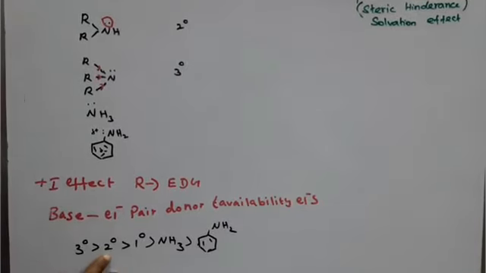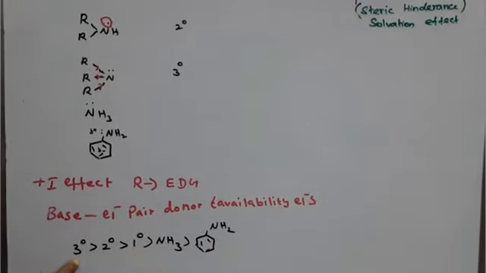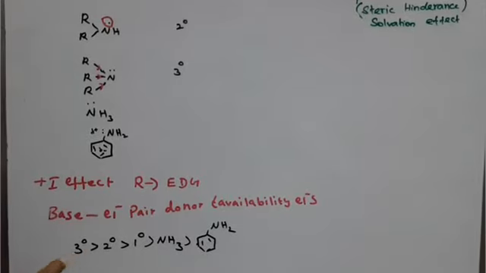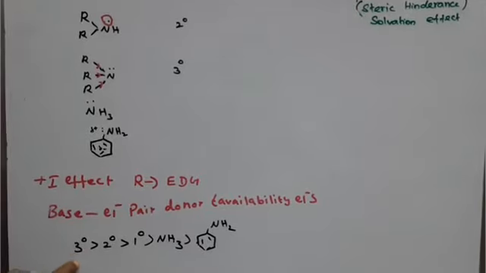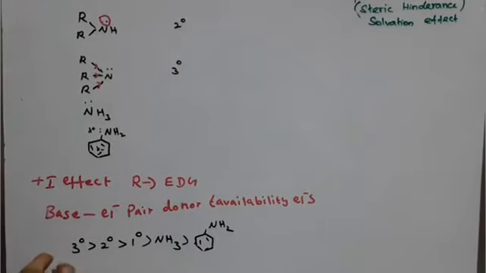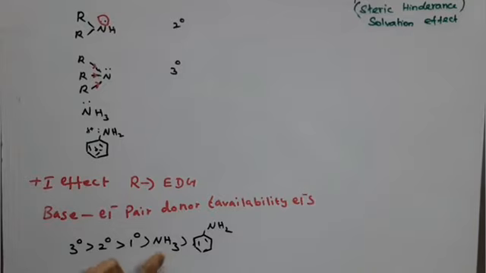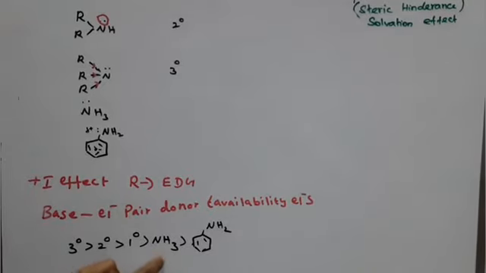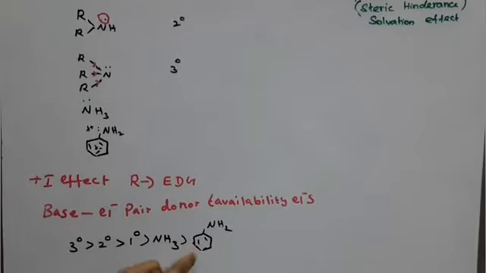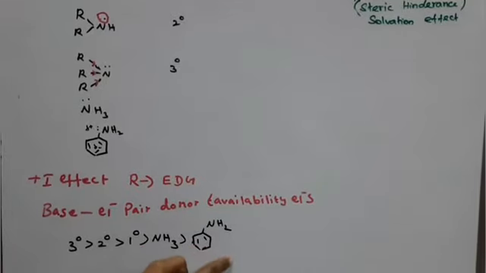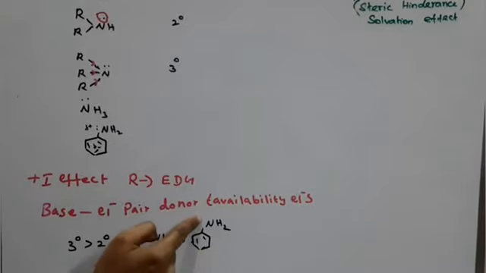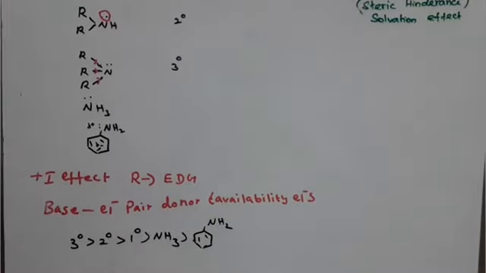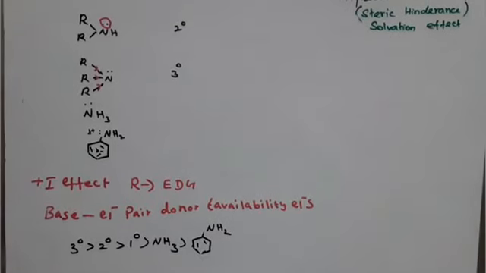Among the alkyl amines, which one has the maximum base character? Tertiary amine, then secondary amine, after that primary amine. Why is tertiary maximum? Because three alkyl groups increase the electron density on nitrogen, and maximum availability of electrons decides the maximum base character. The least one among alkyl amines is primary amine. For aryl amine, there is no alkyl EDG group present, so it is the very least, because of resonance structure destabilization between the benzene ring and the nitrogen. Next one is the aqueous medium.